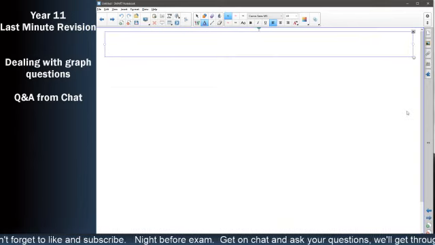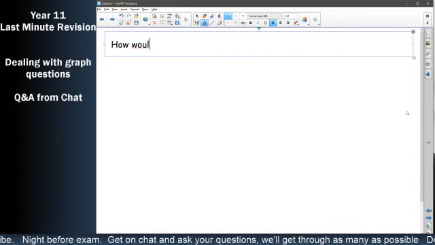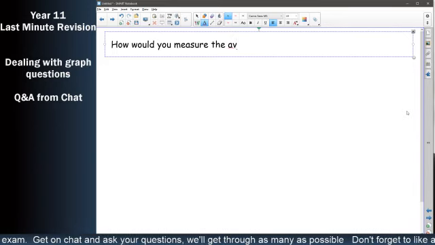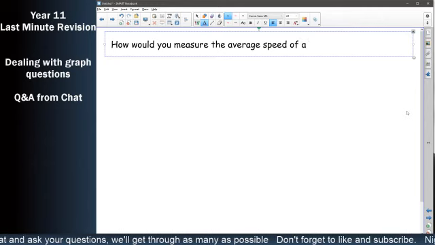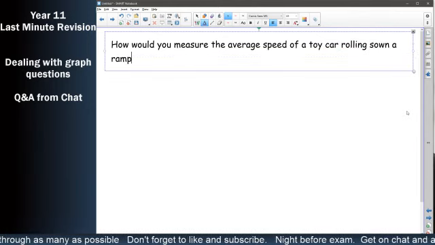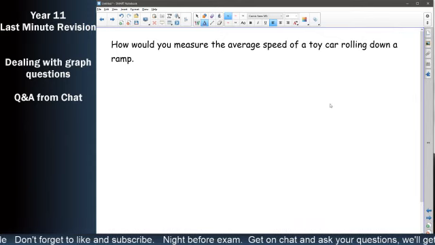Let's pick something ever so slightly random. Let's pick something along the lines of: how would you measure the average speed of, let's say, a toy car rolling down a ramp? Now this is probably not a question that you've necessarily answered in class before, so the automatic